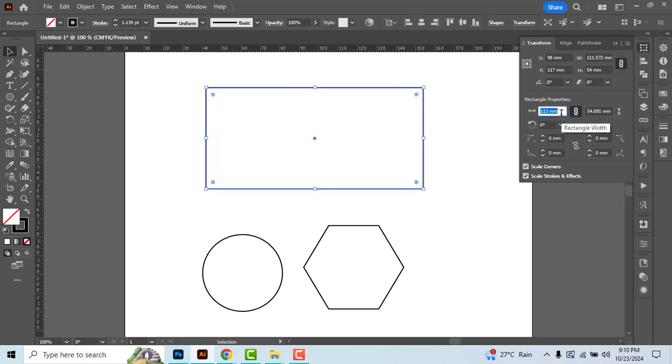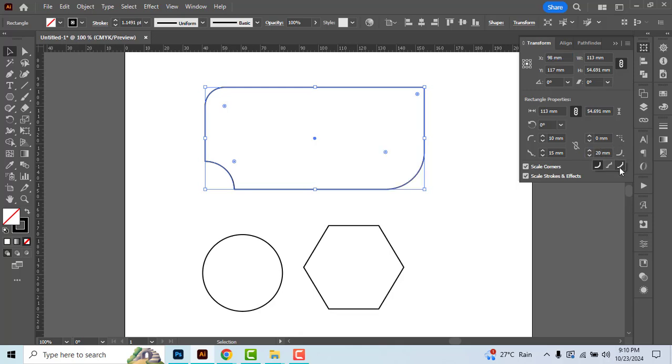Generally, you can scale, rotate, and adjust the corner radius for rectangle or square shapes. Additionally, you can explore different types of corners such as round, inverted, or chamfered. When the link icon is off, you can customize each corner's radius and type individually. For example, I can set the top left corner to 10 millimeters with a round corner type, adjust the bottom left corner to 15 millimeters with an inverted type, and set the bottom right corner to 20 millimeters with a